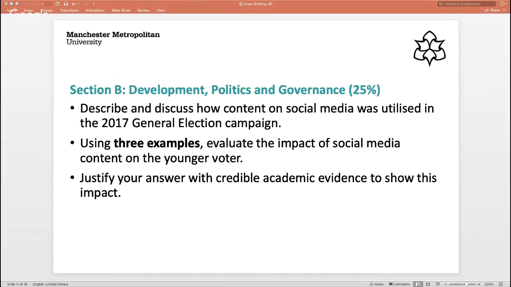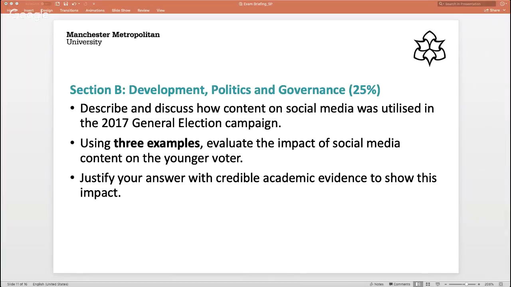Question number 3 is always a really popular question for this exam. Every year we pick a different campaign, but we are looking at politics on the internet, and specifically politics and governance on social media. So we are going to be looking at Barack Obama's campaign, Donald Trump, Corbyn, the last few general elections, the Brexit campaign, and all of this stuff in our lectures around how has social media changed the way